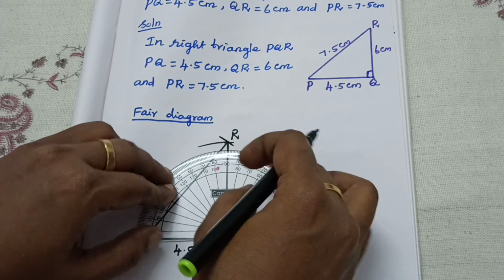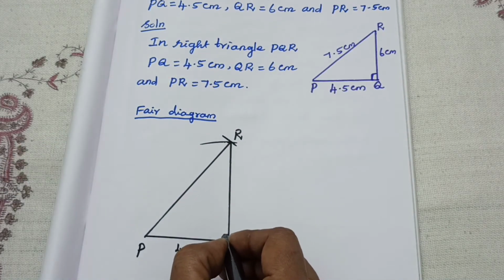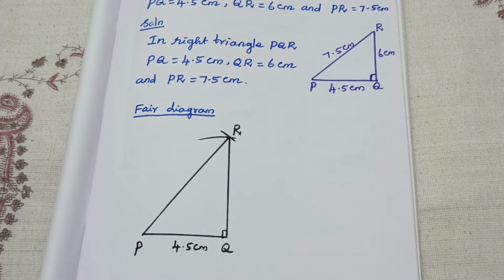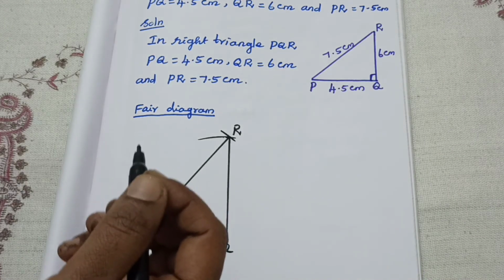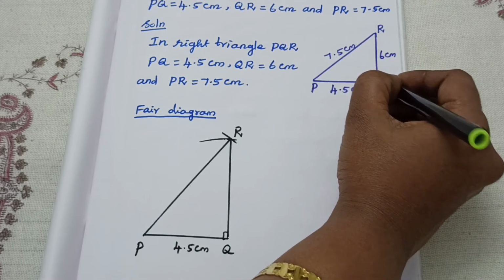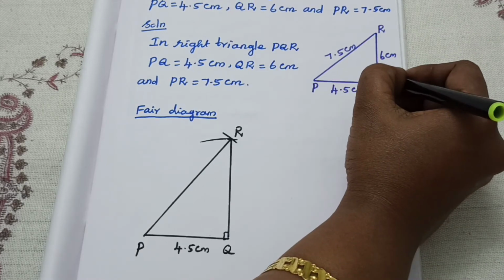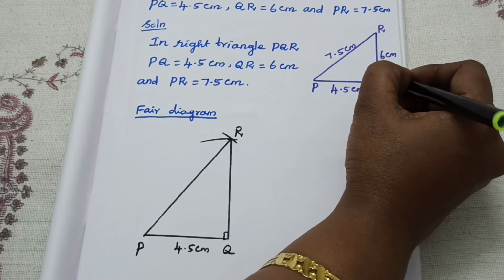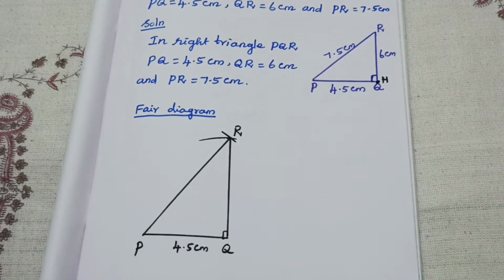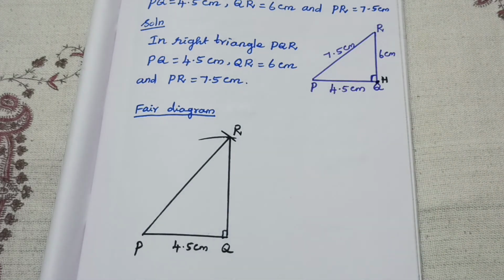This angle is what? 90 degrees. Which angle is 90 degrees? Angle Q is 90 degrees. So this is the right angle triangle. And for a right angle triangle, where will the orthocenter come? At the vertex of the right angle. Vertex at the right angle only, the orthocenter will come. Then point Q and the orthocenter are both equal, the same point only. Then shall we check like this one?